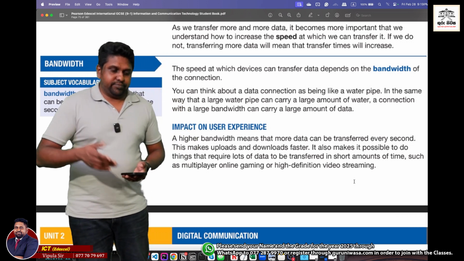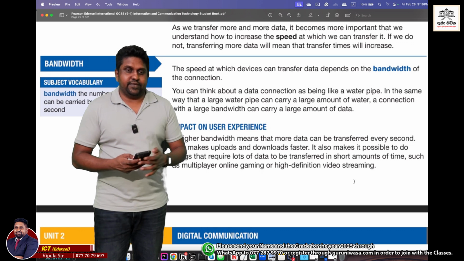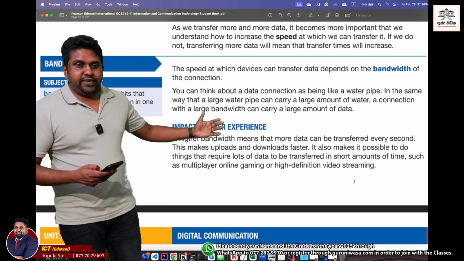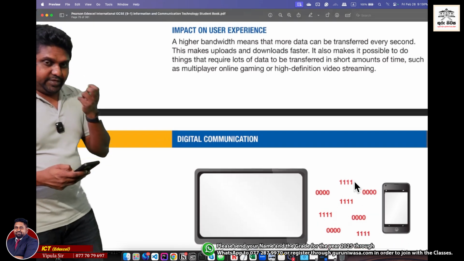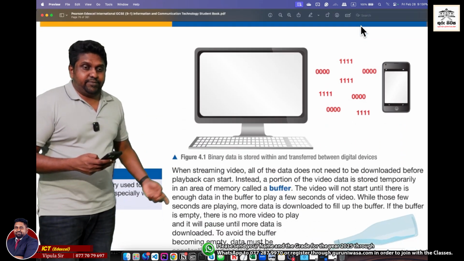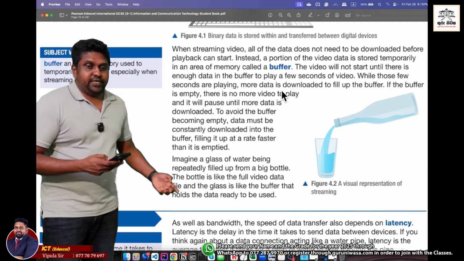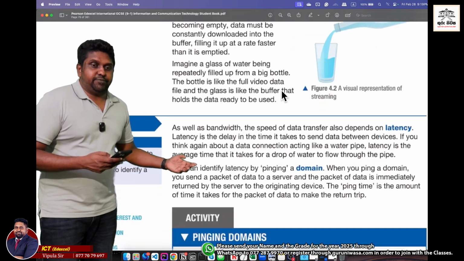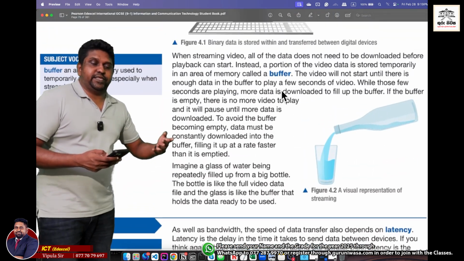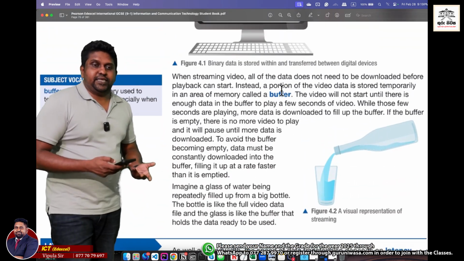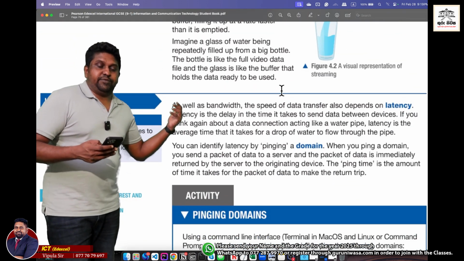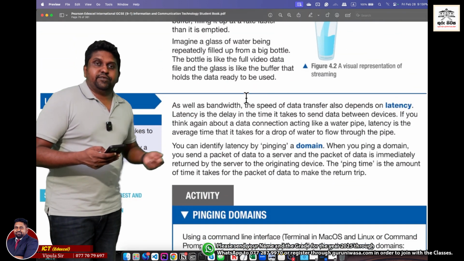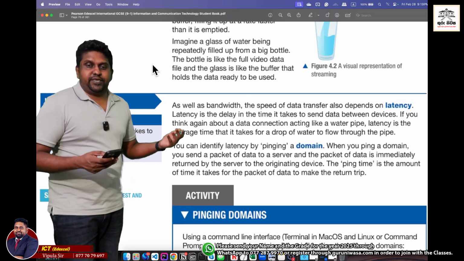Primarily bandwidth is a main factor when it comes to the user's experience, okay, as we discussed before. And if the bandwidth is low, then we jump into the next point, which is known as